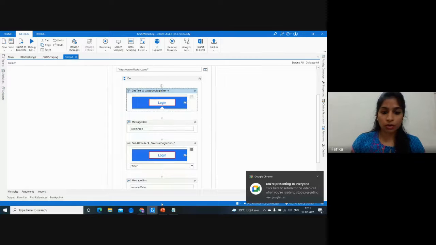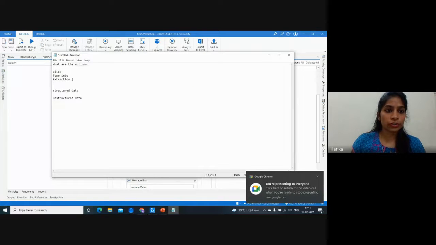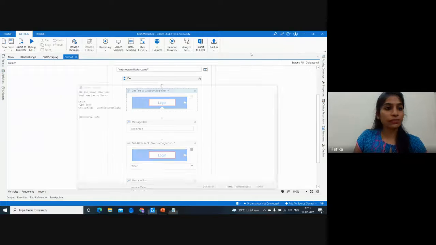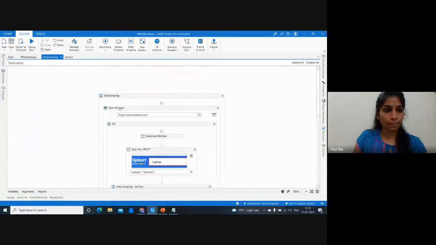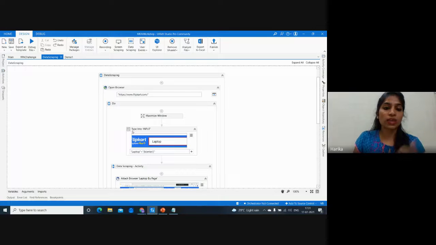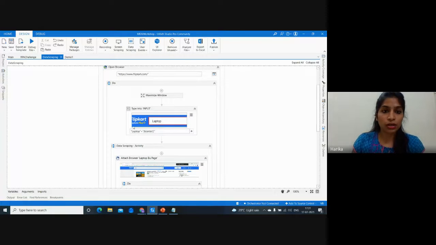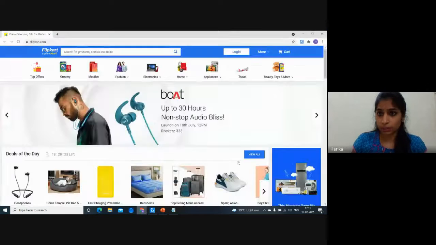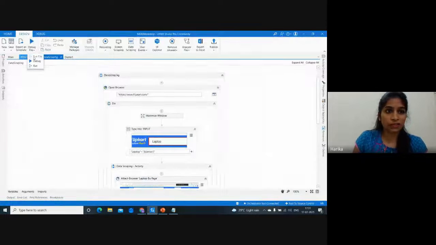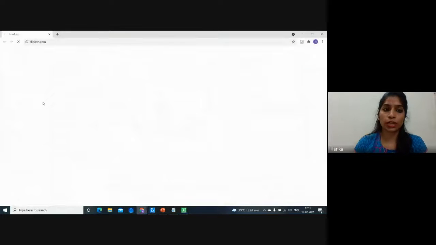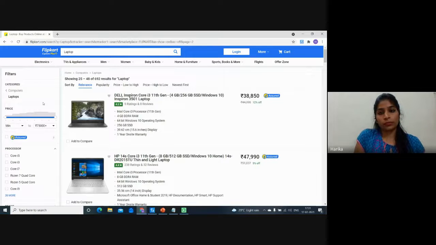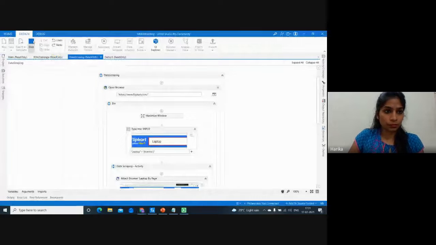Okay, so now we are familiar with the unstructured part. We have seen how we can extract the unstructured data. So now let's see a few activities, how we can extract the data when the data is structured, right? So let me first show you what I mean by structured data. Let's run this workflow, and it will take you to that page, and then I can explain what is the structured data mean. Okay, I'm going to stop the bot.